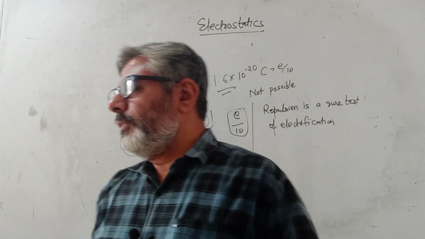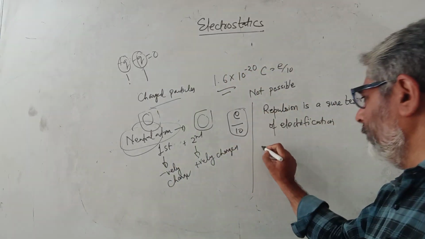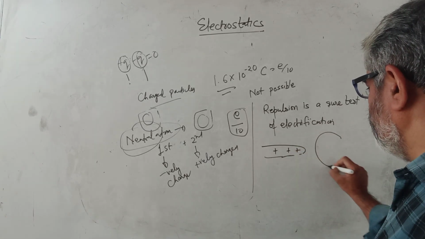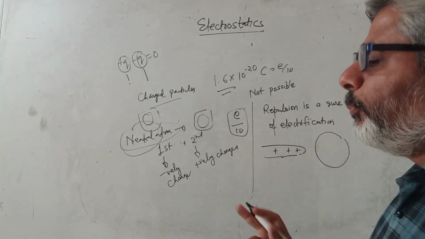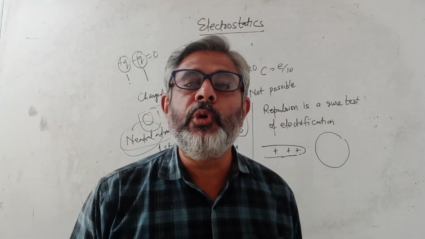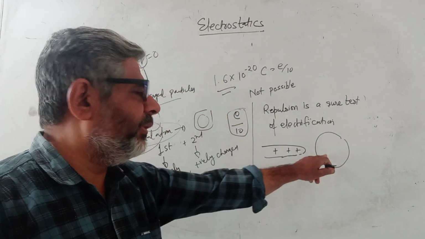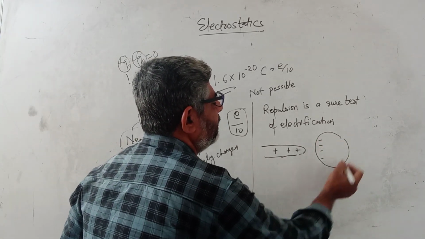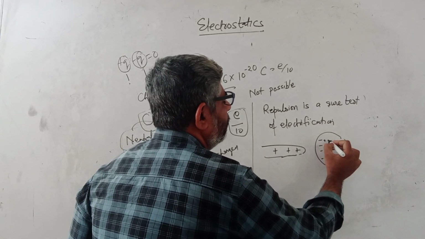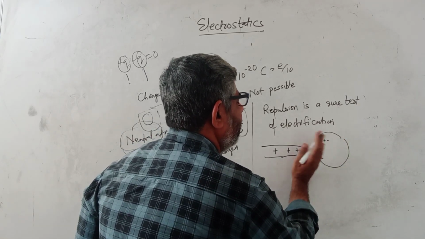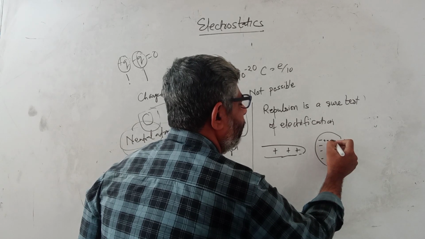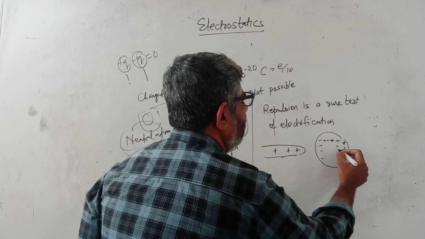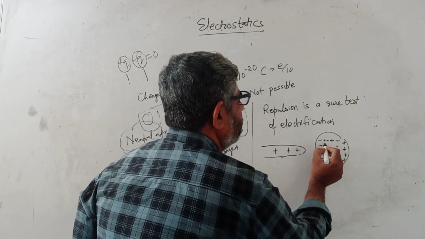The reason is like this. Just I talked about induction. Now suppose this is some object which is positively charged and this is an uncharged substance. But I know that if there is a polarization, a new word I am talking, polarization means separation of charge is possible in this. So what will happen is, this side will become slightly negatively charged, and this side will become positively charged because electron has moved here, so it becomes positive.